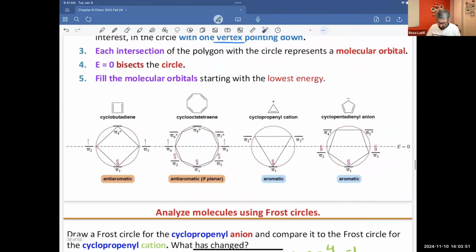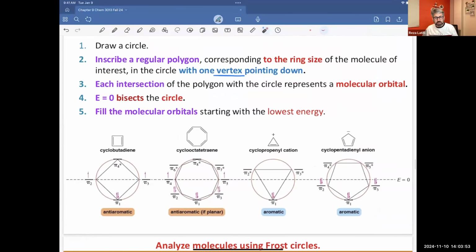Now, if I go back and compare these 4 different compounds, cyclobutadiene has 4 electrons. I'm going to spread those 4 electrons. 2 of them I will put inside pi 1, and then I'm left with 2 more. I get 1 and 2. So I have 2 orbitals that are singly occupied. Is it aromatic? No, it will be anti-aromatic. How about